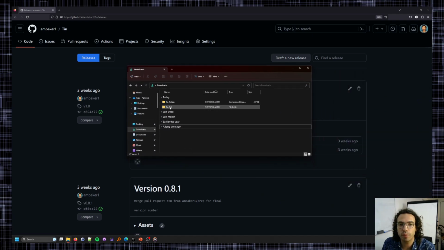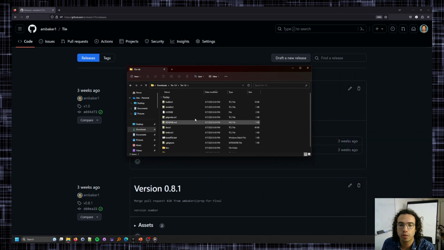And then you unzip the folder, which I already did. And then you can run the batch file here. Word of caution, if you're downloading from the internet, which you likely will be, it will throw some potential security problem because it's a batch file, which is just what Windows does if you're working with Windows. So you can either just ignore that, or you can also open up a terminal,